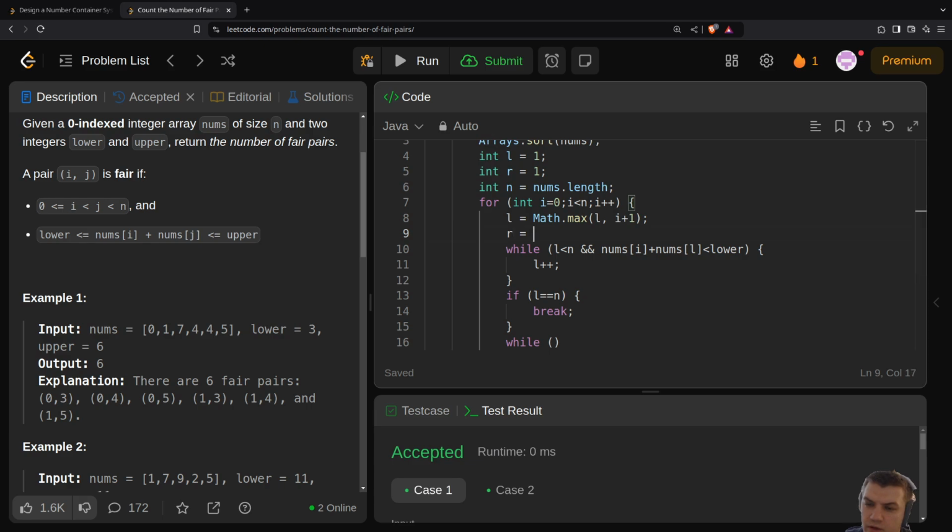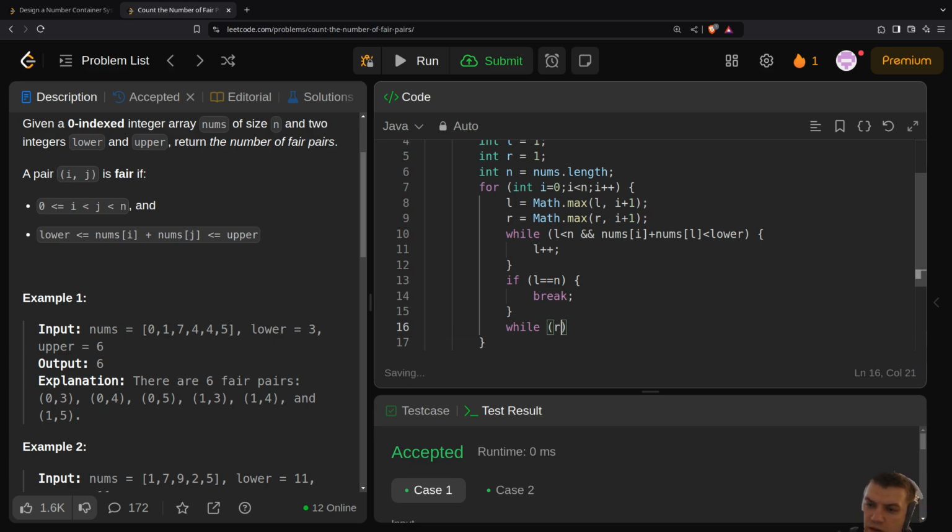Also for the right, right equals max of right and i plus 1, and then while r is less than n and nums i plus nums r is less than